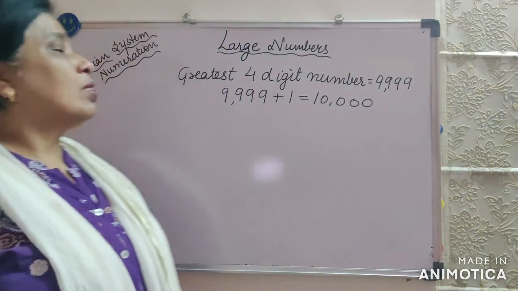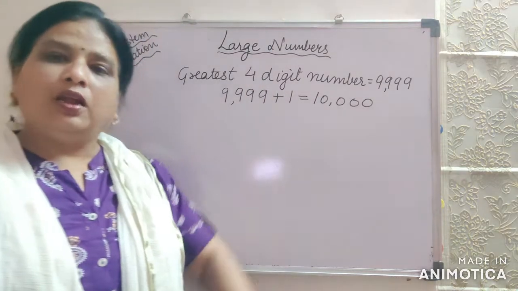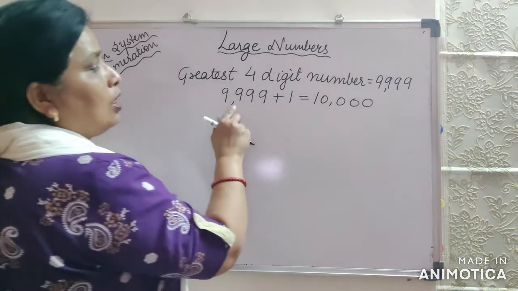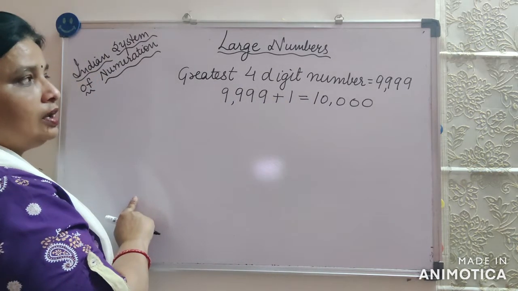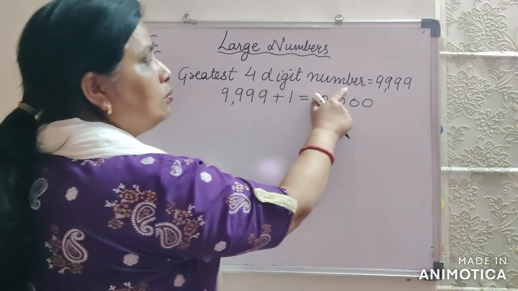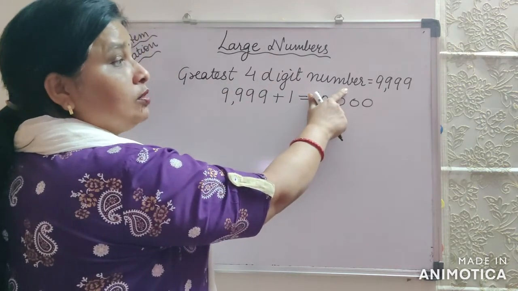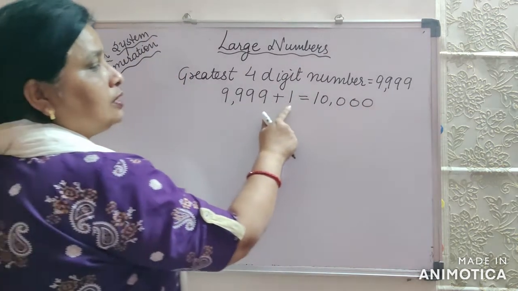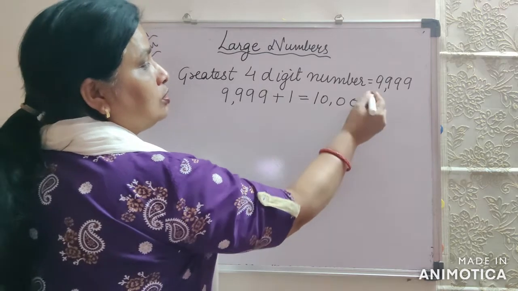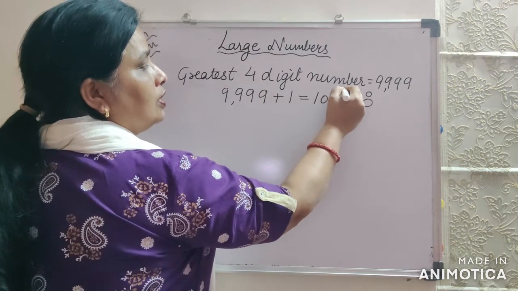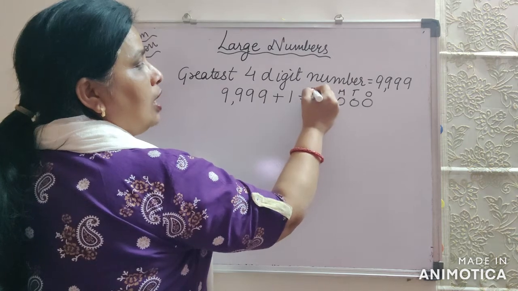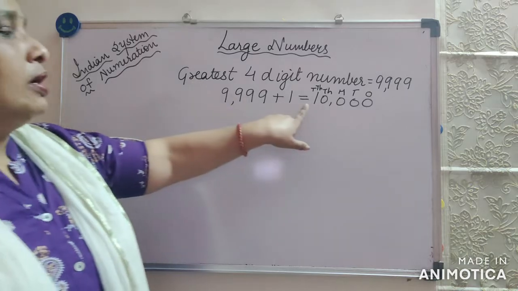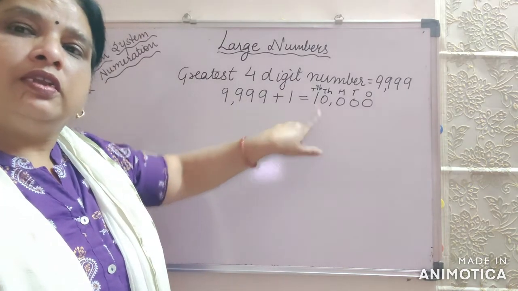Yes. Now, today I am going to introduce a chapter, large numbers. In class 3, children, you have learned up to 10,000, right? If I ask you what is the greatest 4-digit number, all of you know it is 9999, and when we add 1 to that we get the number 10,000, meaning ones, tens, hundred, thousand and up to 10,000. So if I ask you the number up to 10,000, you can easily read and write.